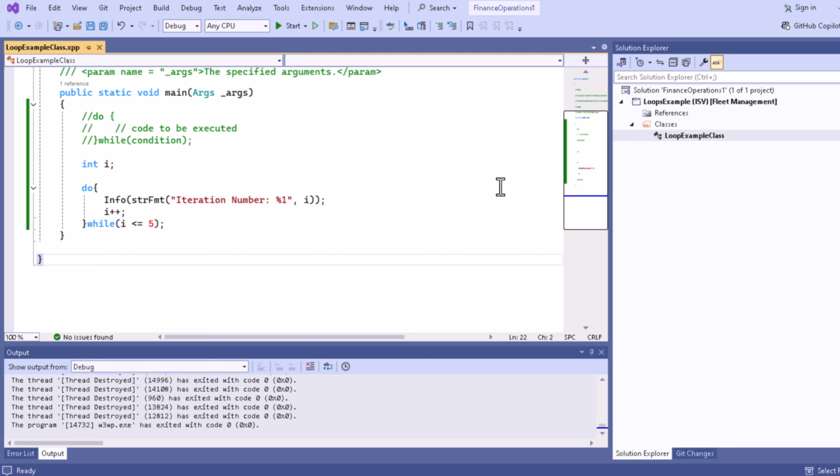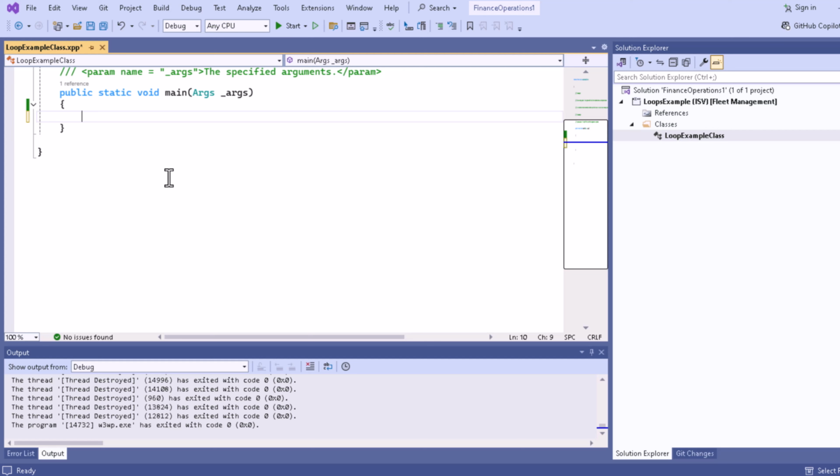Hello, welcome back. In this video we'll discuss the for loop. Before going to the for loop, before writing any code, I will give the syntax first, and then I'll write similar code for the while loop as well. So let me remove the code of the do while loop, and first let me discuss